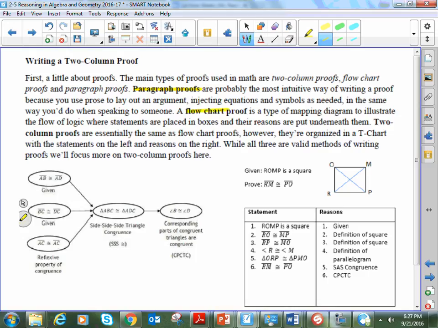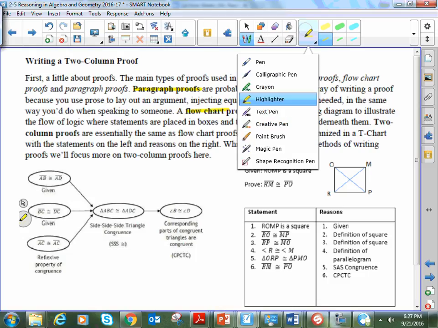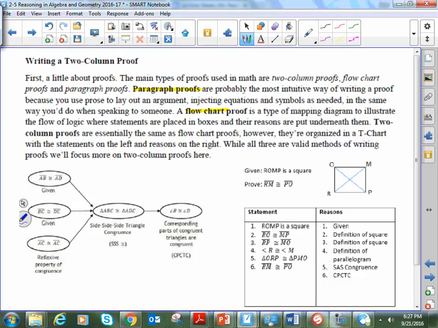So the second one is a flowchart proof. Now a flowchart proof looks a lot like maybe the way a system is organized. It could be a computer programming language. It could be even like the organization of a business. But this on the left here, the image, this is what a flowchart proof looks like,